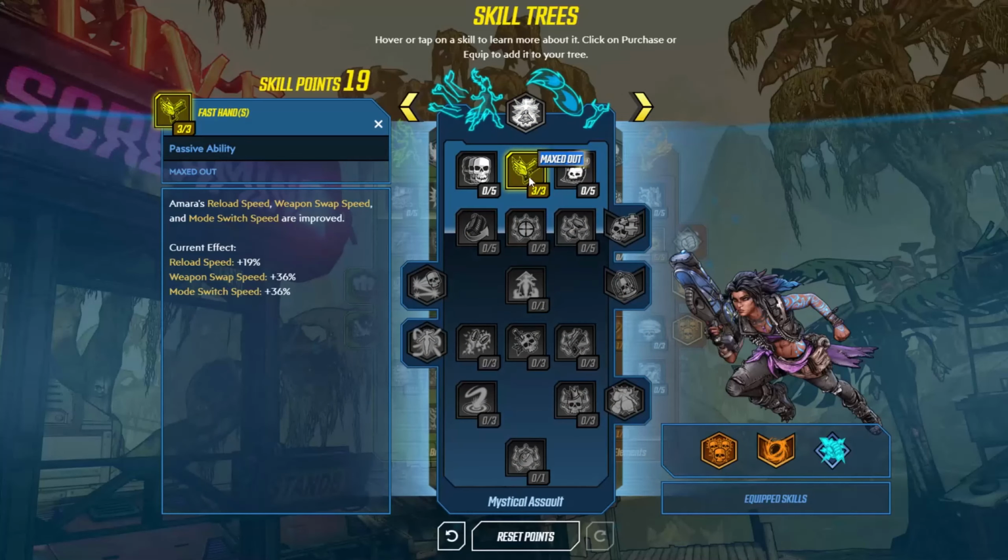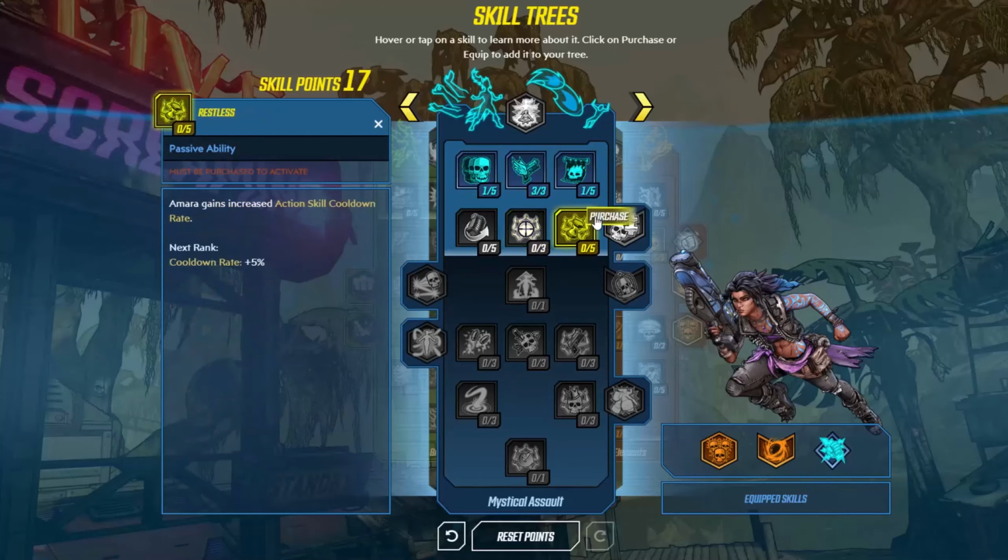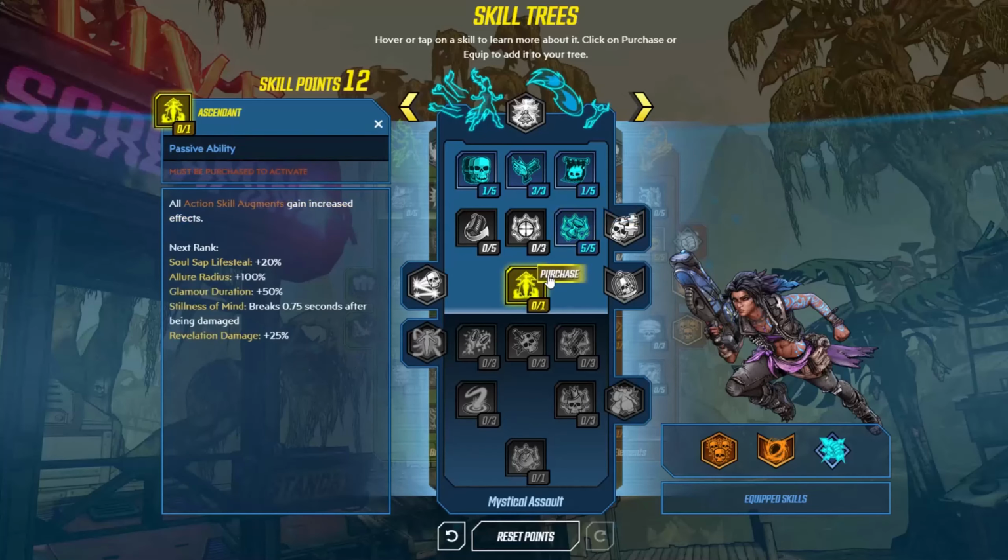I'm just going to put 3 points in Fast Hands just to have a better play time, just because you don't really need these other than just to get down to the bottom. So I'm just going to put one in here to keep the stacks up, which is going to help out in a second. And then I'm going to do Restless to get increased cooldown rate to make our phase lock cooldown even faster. And then after that, I'm going to put a Synonym to make our lure pull people in